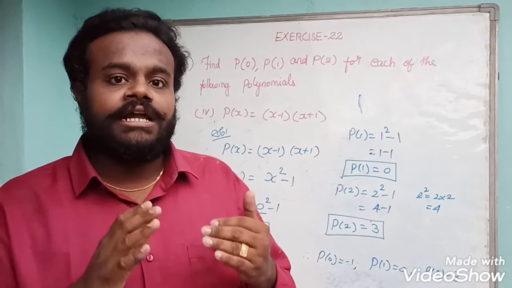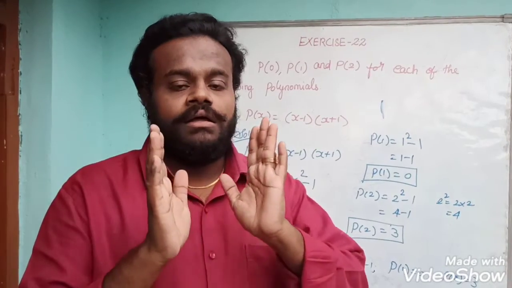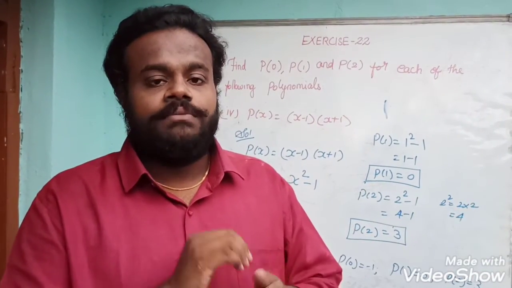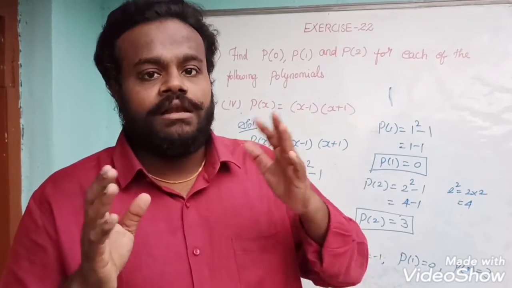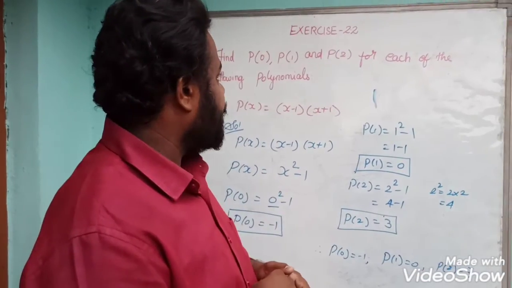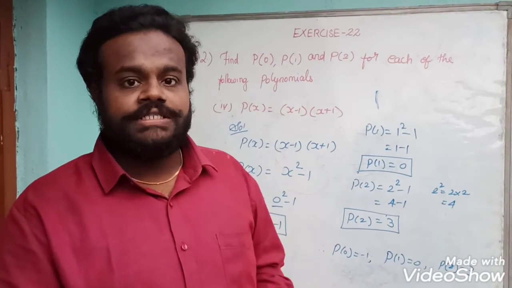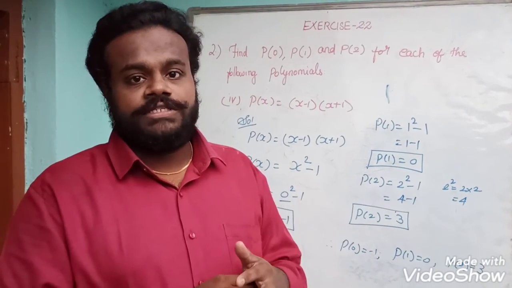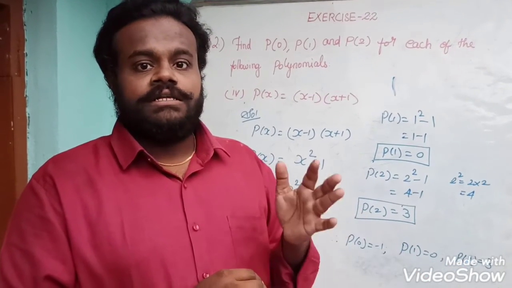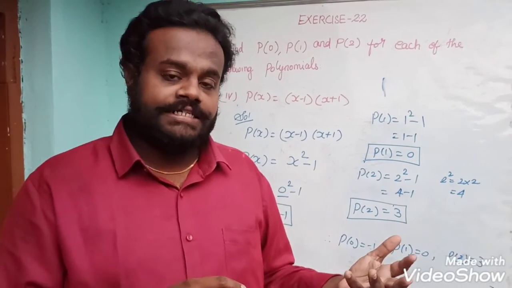In the Zoom interactive session, you compulsorily have to show your worksheet. I will say the name. You have to show your worksheet whether you finished or not. And in the next class we will see Roman letter 3, Roman letter 4, and continue with the remainder theorem. The remainder theorem is nothing but p of x equals q of x into g of x plus r of x. We will see it elaborately in the next class. Thank you.